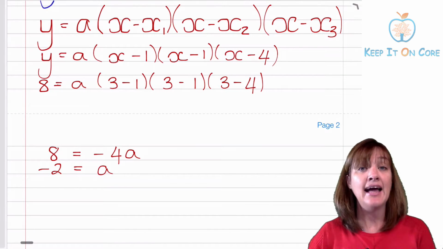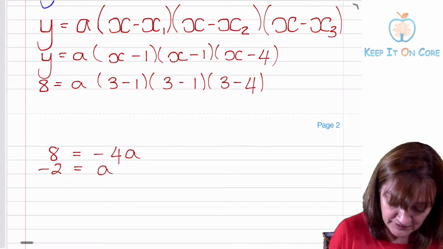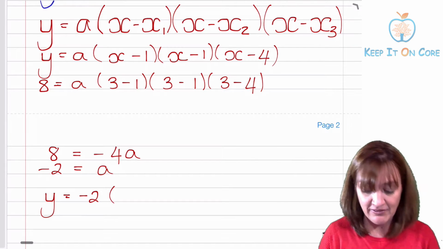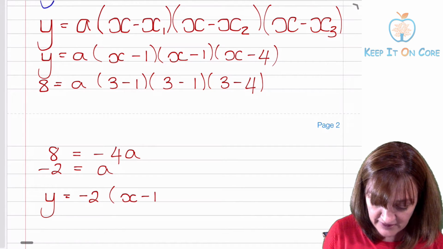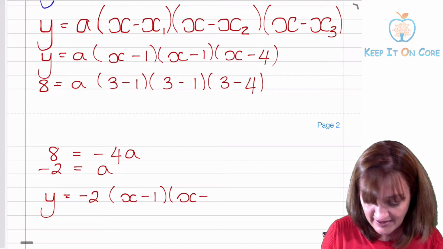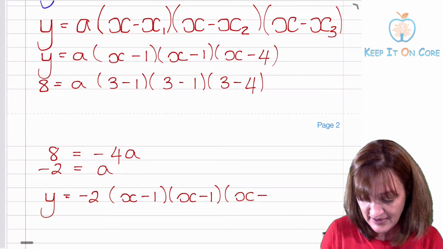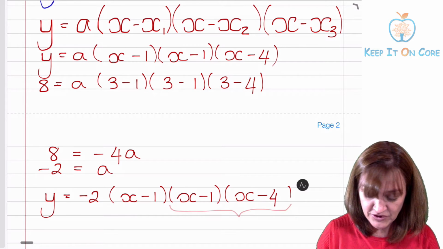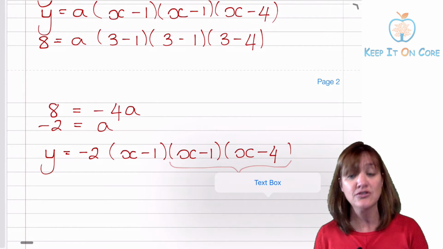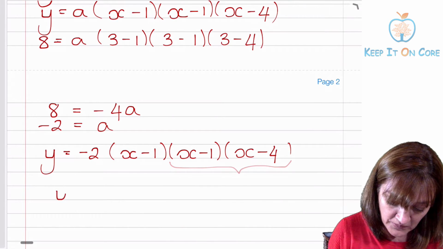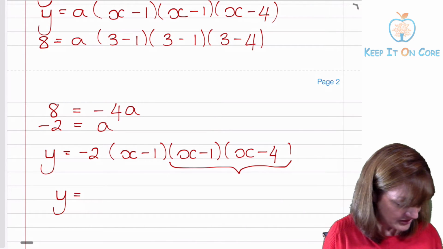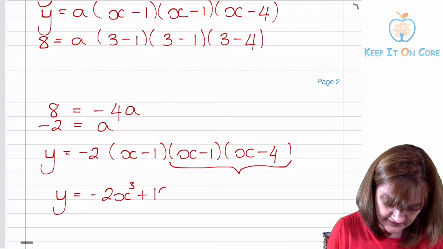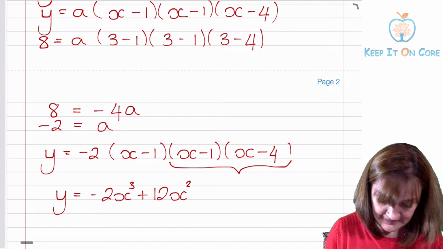Just as we had done in previous examples, we then substitute that negative 2 back into your a value. And we had these 3 brackets. Remember, we had x minus 1, another x minus 1, and the x minus 4. So again, if we FOIL out those 2 brackets, and once it's FOILed, distribute the x minus 4, we are going to land up with the equation of negative 2x cubed plus 12x squared minus 18x